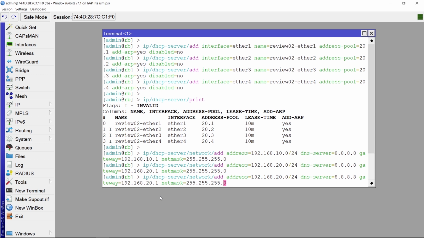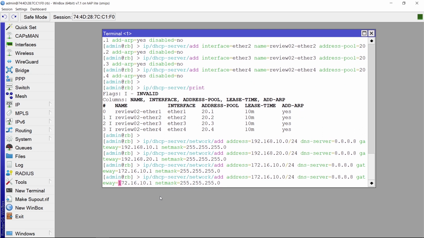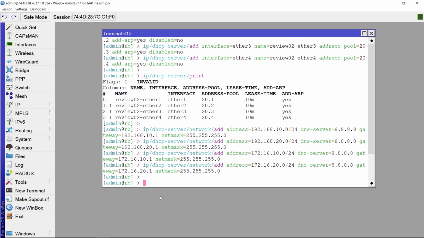Next, add DHCP server network for interface Ether3 with address 172.16.10.0/24 and gateway 172.16.10.1. Next, add DHCP server network for interface Ether4 with address 172.16.20.0/24 and gateway 172.16.20.1. Then check whether the added DHCP server network is correct or not with the command IP DHCP server network